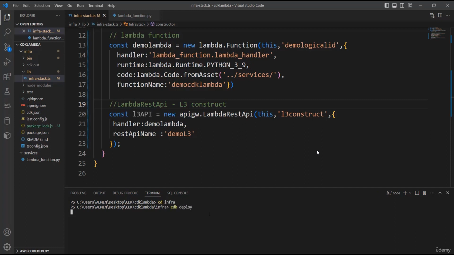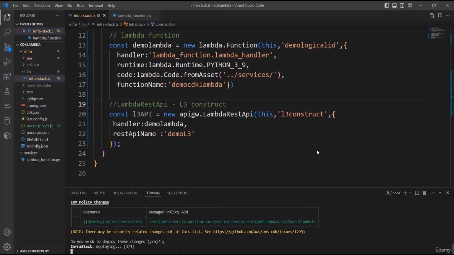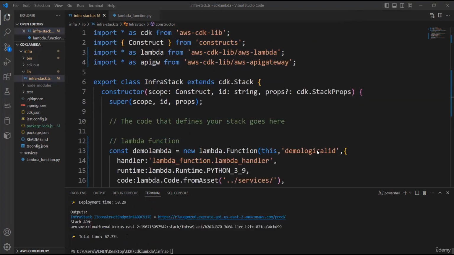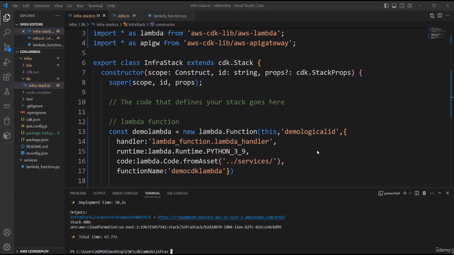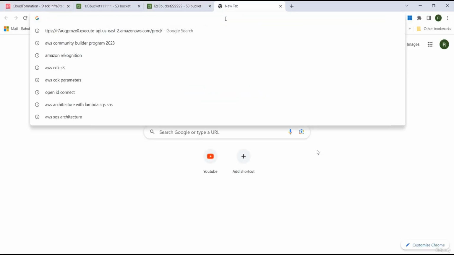So I'm just going to pause this video till the deployment is complete. So it's giving me some service role that it's going to create. So I'll say yes. Now you can see that deployment is complete after 67 seconds. Now you can also see it provides an output, which is the invoke URL for the REST API that's been created. So if I just copy this and run it,